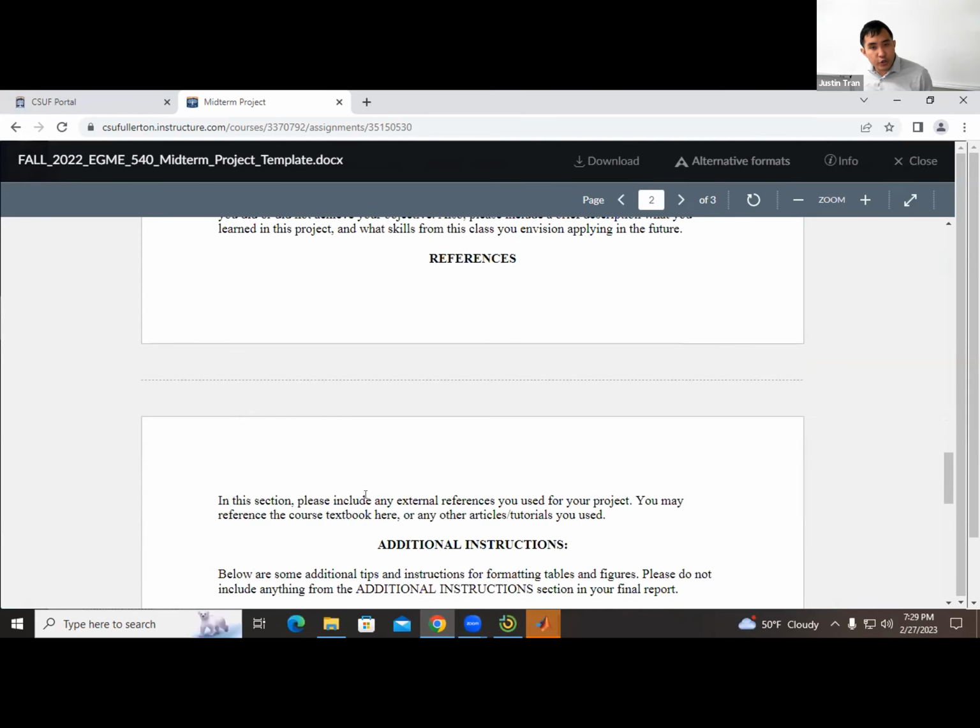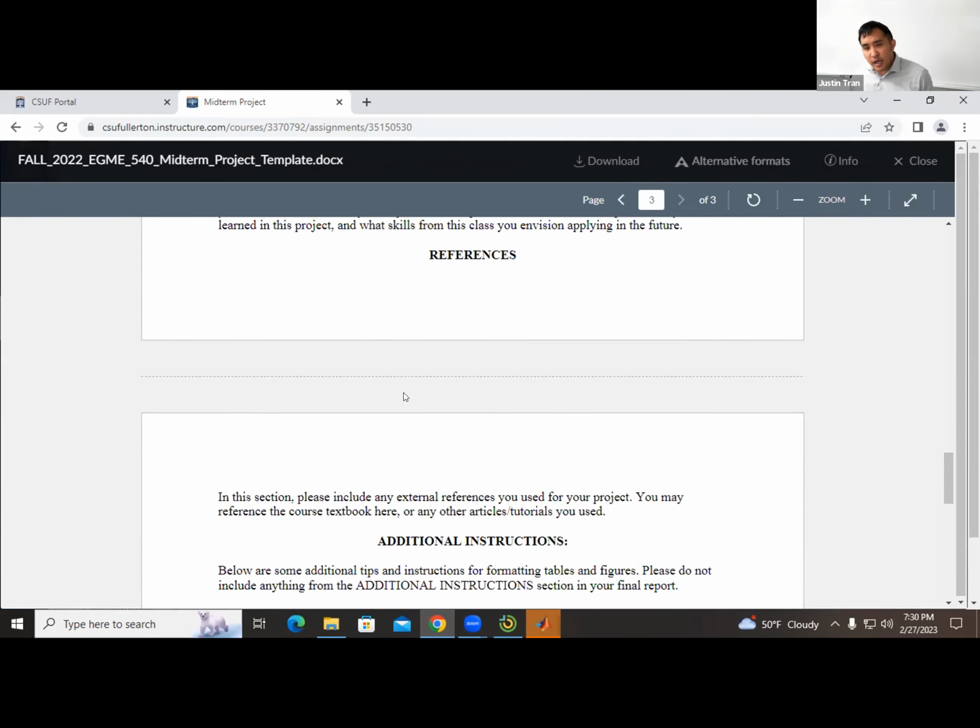And then finally, after conclusion, for references, I don't expect you to have many references. You can reference maybe the course textbook or something like that. But you can omit this section. And so, if you're writing this report, I know you're using the class notes and the lectures, and so you don't need to credit me. Just, if you do use an outside source, maybe to get some numbers for your loads, maybe you're looking at a technical manual for a valve or something like that, then you can give credit to those things.